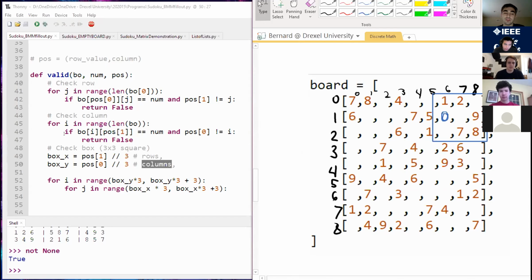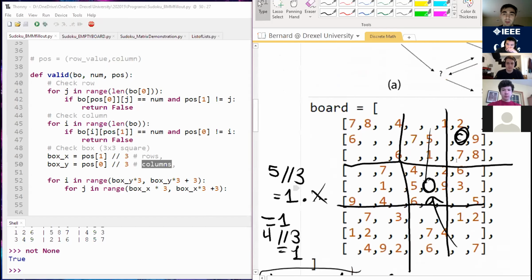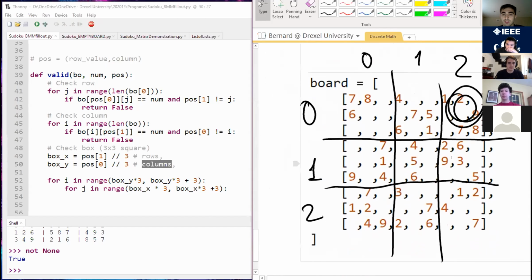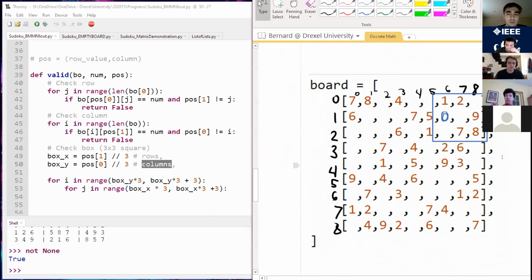So 1 floor division 3 is going to give us 0. So row 0, and then in the column 2, right? And now we're saying for I in range, and we're going to go down there. Yeah, whatever works, just don't move it. Sorry. So we're saying for I in range, so we're iterating from, so we're getting that